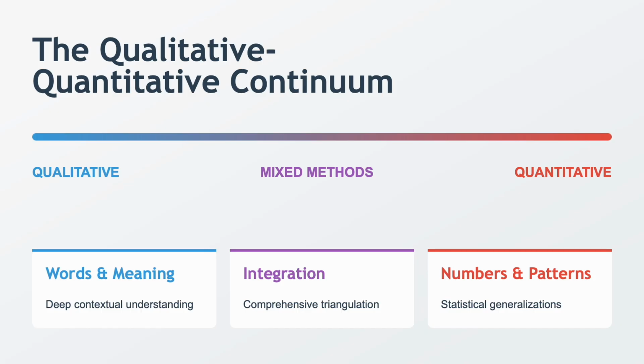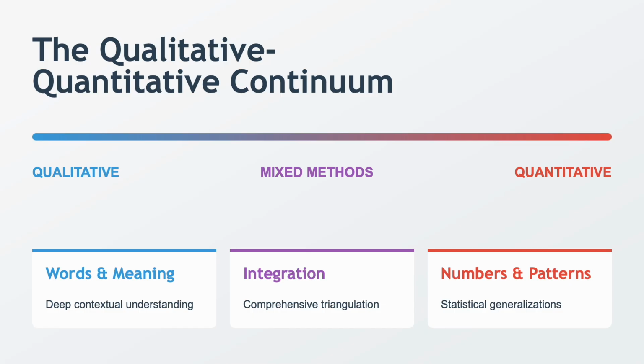Moving to our second major distinction, let's explore the qualitative-quantitative continuum. Notice how I'm presenting this as a spectrum rather than a dichotomy. This is intentional and important. On the left in blue, we have qualitative approaches that focus on words and meaning, seeking deep contextual understanding through rich descriptions of human experiences, cultural phenomena, and complex social processes. Qualitative research asks how and why questions, diving deep into individual cases to understand the nuances and complexities that numbers